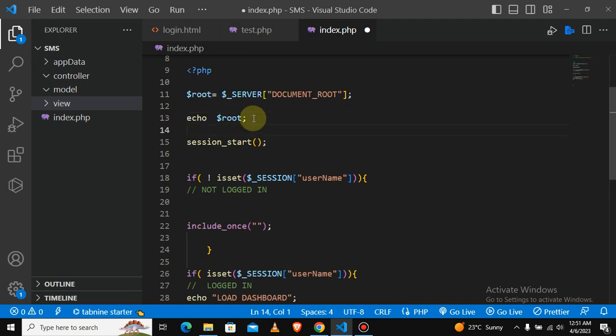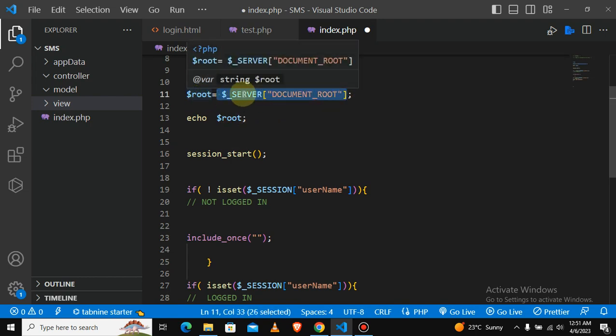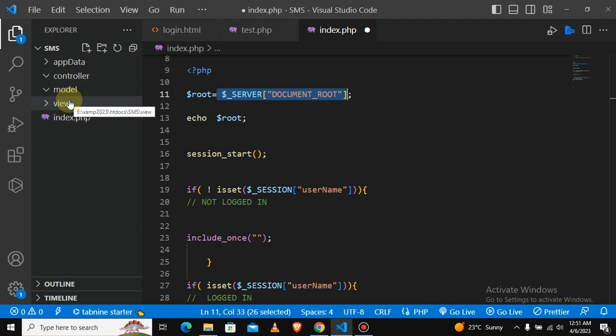Okay, so I'm assigning this information to this root. What root is, is a file path to this SMS. So whenever you want to access any folder here, this is my personal preference. I don't